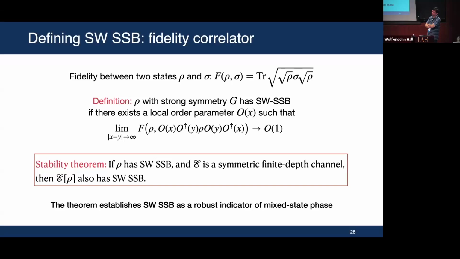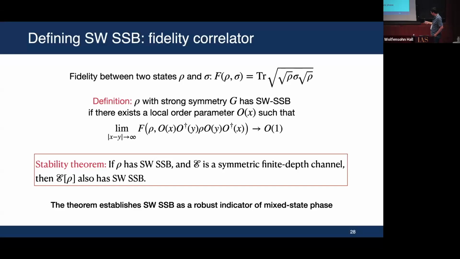It still has strong symmetry globally, but locally it doesn't have strong symmetry. So what symmetry is broken? The strong symmetry is broken to only a weak one in the following sense. If you take a local subsystem of the state, then you don't have strong symmetry anymore. You only have weak symmetry. Global is strongly symmetric, even though globally it's a mixed state. Global is a mixed state, but it can have a strong symmetry.